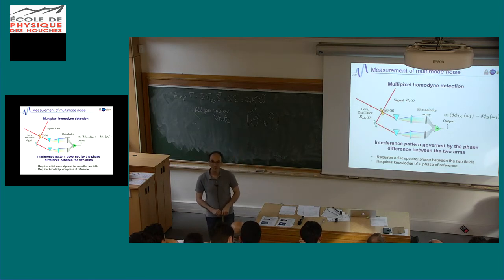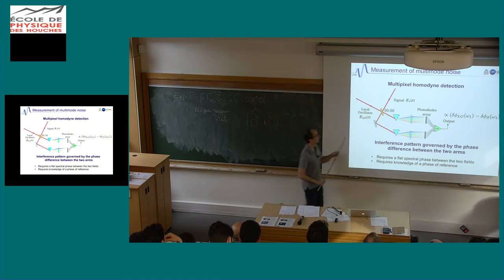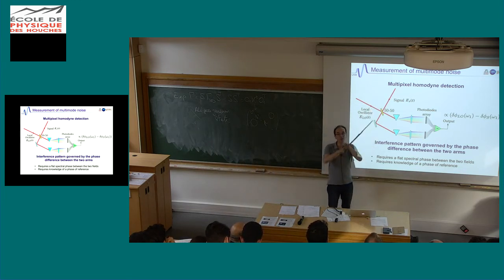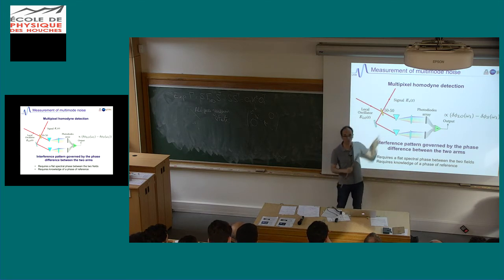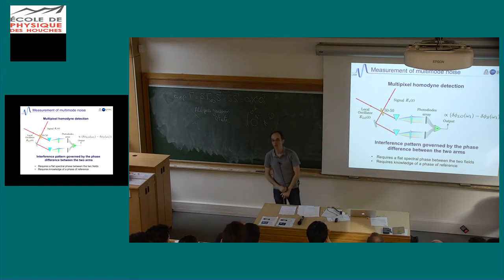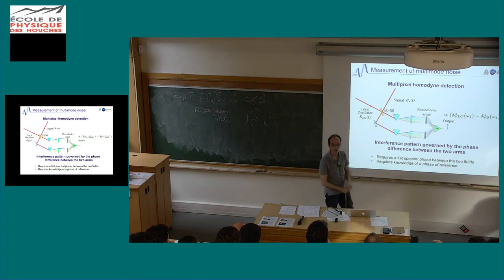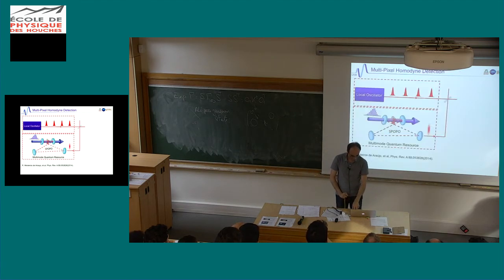Yes, and that's indeed a difficulty. That's a very good point. First, the local oscillator doesn't have to be completely flat, because you can compensate. As soon as you have the same power here, then you can compensate. The problem we have, and I will come back to that, is that the down-converted light has a spectrum which is a bit bigger than the original laser. And this limits a lot the modes we can measure. You have to find other ways, looking at nonlinear effects, to do that, but so far we don't. So at the end of the day, the experiment, yeah?